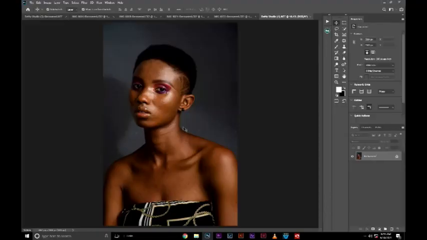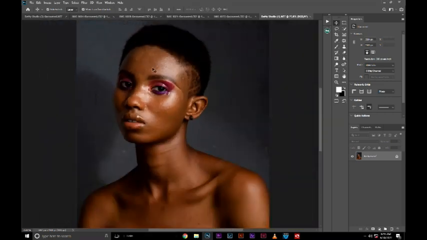Hi, this is Sango Designs and welcome to another tutorial. Today I'm going to show you how to retouch this particular image you see on my screen. I'm not going to waste much time, so I'm not going to make this video long as usual. First of all, as you can see, this beautiful image is from Getty Studio and it is